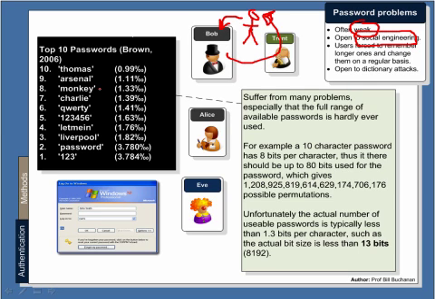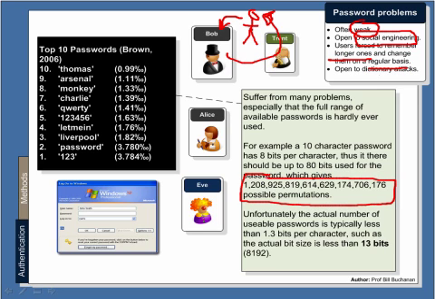And along with this, we are being forced to create longer passwords and change them on a regular basis. Unfortunately, this makes the passwords difficult to remember, and users often go back to the same passwords again and again, or just slight variations such as adding 1 or 2 on the end. So we can see here that